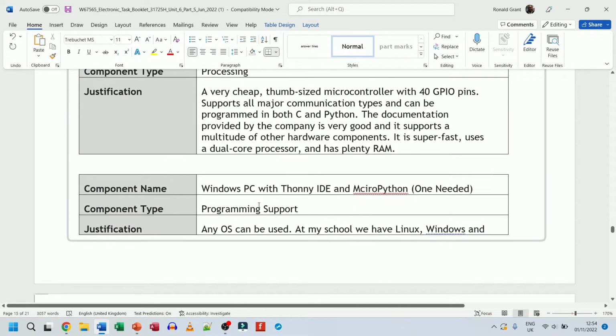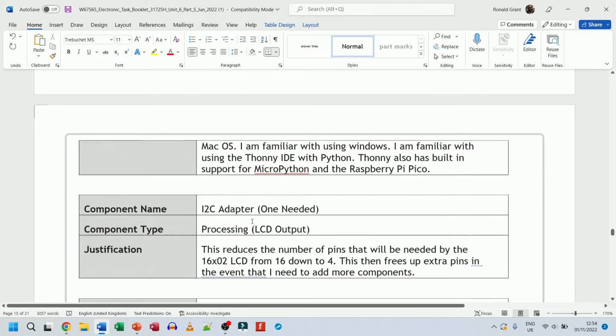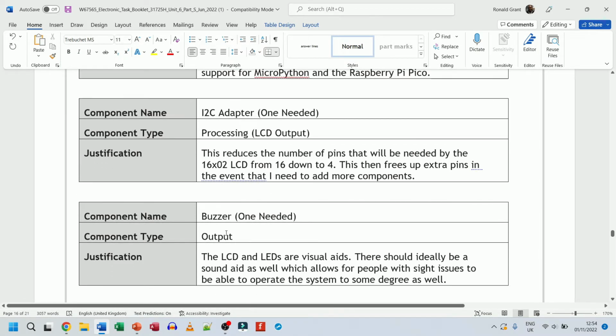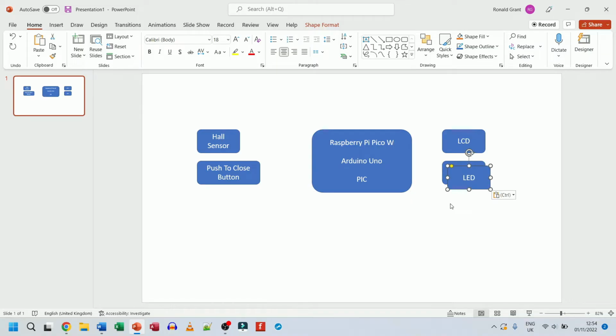After that, we have the Windows PC. I'm going to ignore that. Don't need to mention that now. The I2C adapter, I had that twice. I'm going to ignore that. The buzzer, let me copy this again. Buzzer,